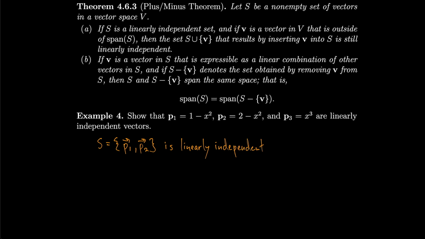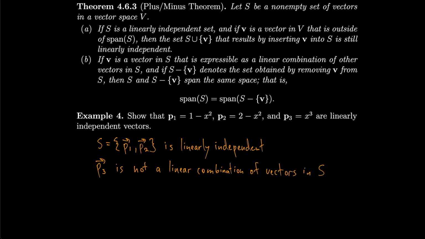So that means, well, look at P3. There's no way it's a linear combination of P1 and P2. So P3 is not a linear combination of vectors in S,